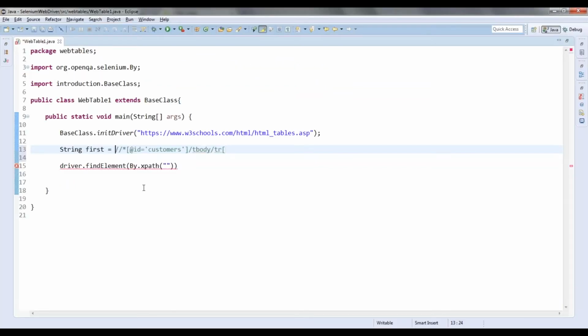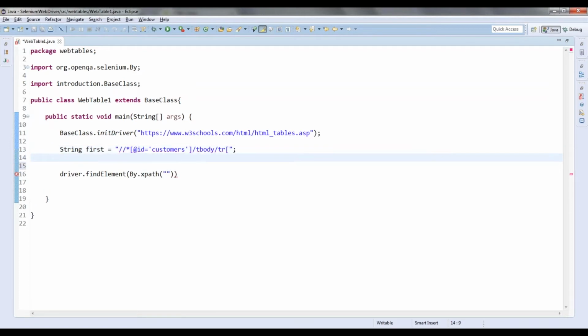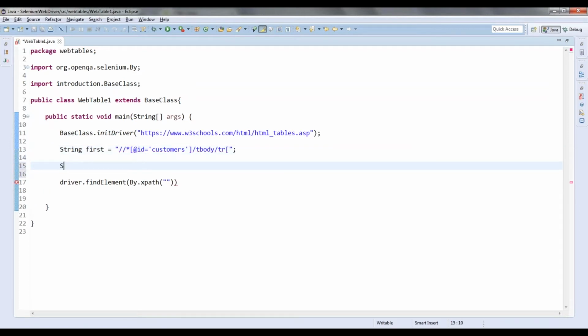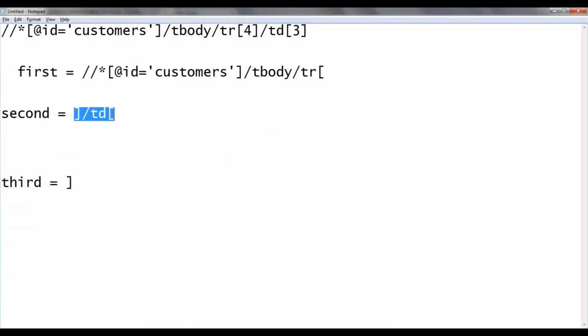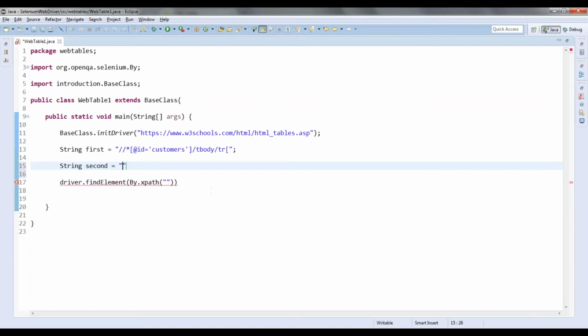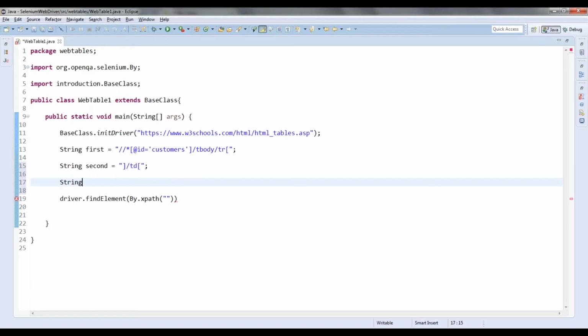I will be putting that inside a string, and then similarly second is equal to only this much. Third is equal to only the closing bracket.